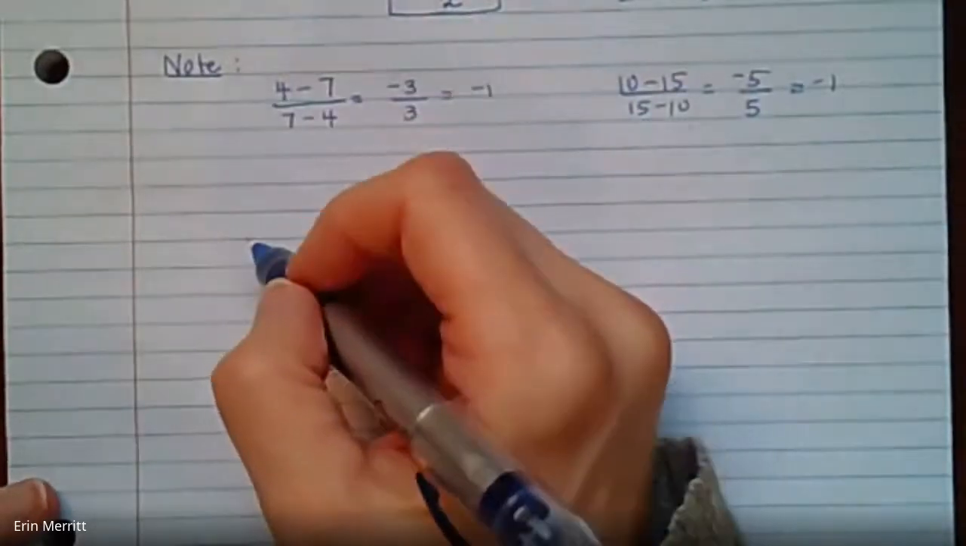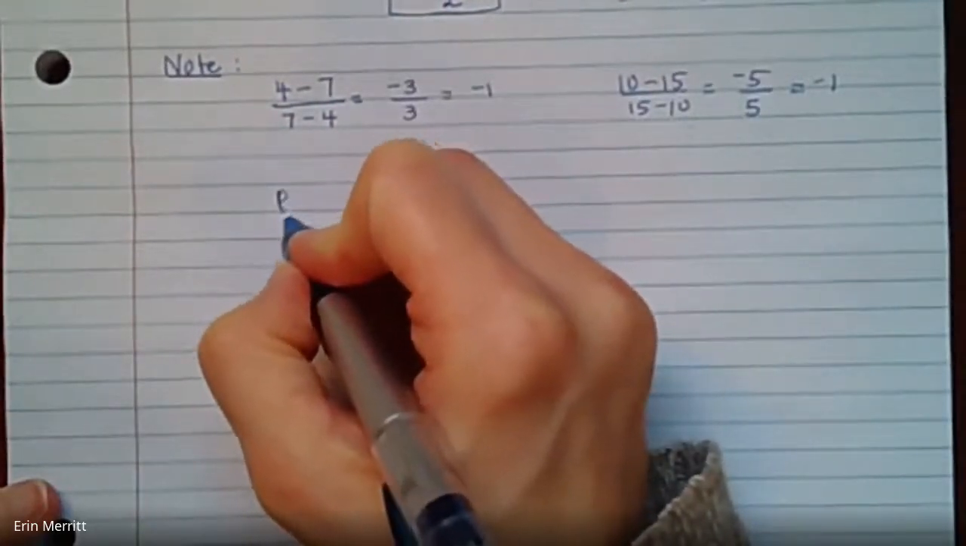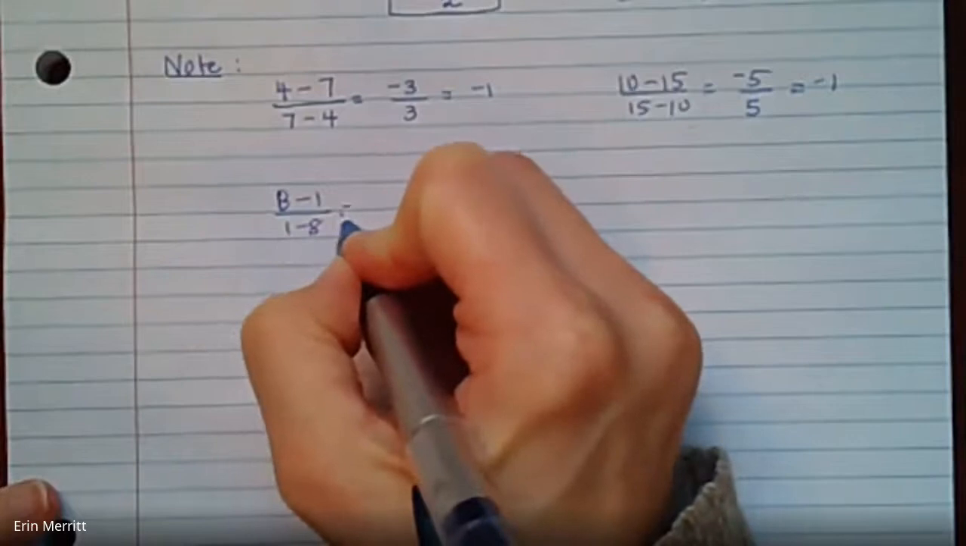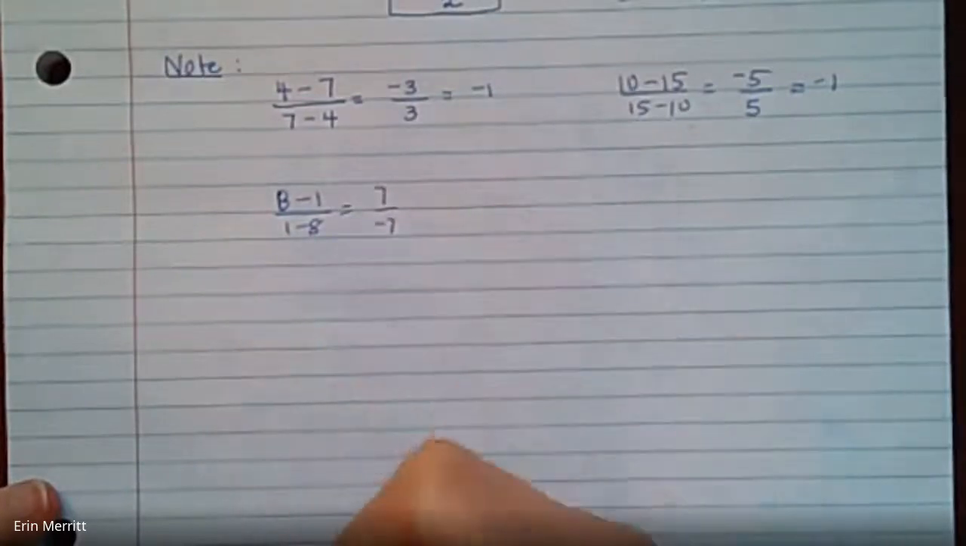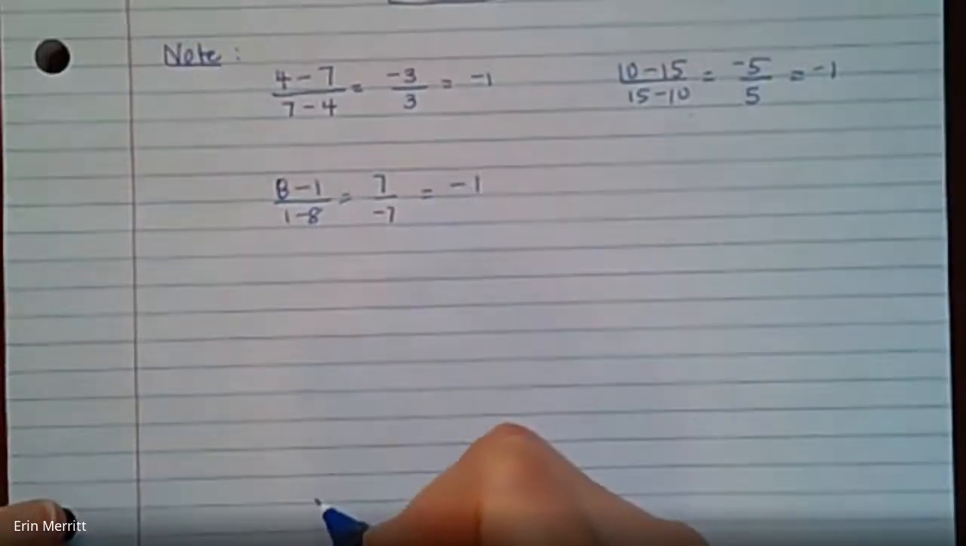And so what I'm trying to show you here is that no matter what 2 numbers I pick, so let's say we picked like 1 and 8, if I go 8 minus 1 and 1 minus 8, I would get the same difference. One will come out positive, one will come out negative. And so I always end up with a -1